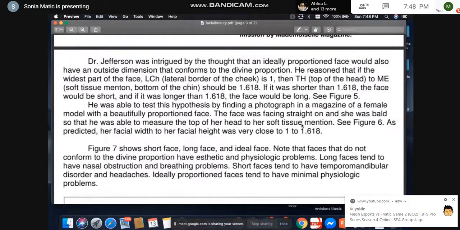If it was shorter than 1.618, the face would be short, and if it was longer than 1.618, the face would be long. He was able to test this hypothesis by finding a photograph in a magazine of a female model with a beautifully proportioned face. The face was facing